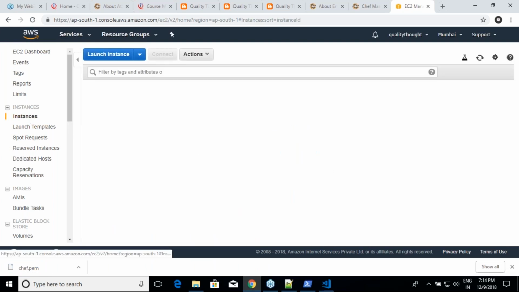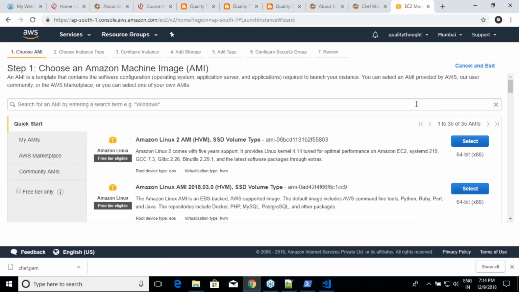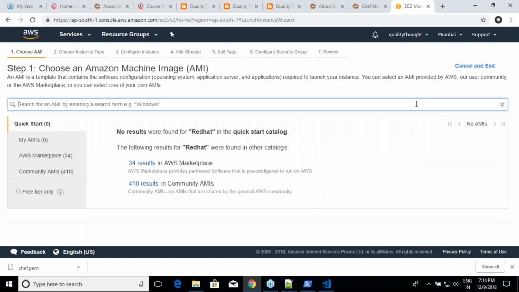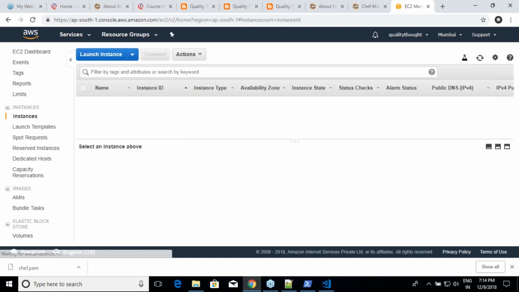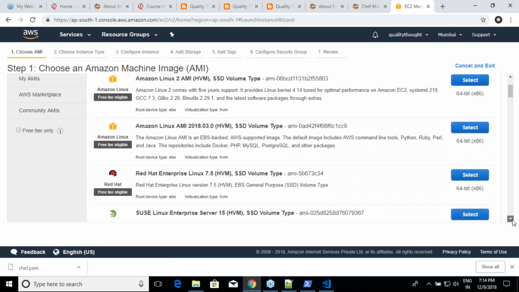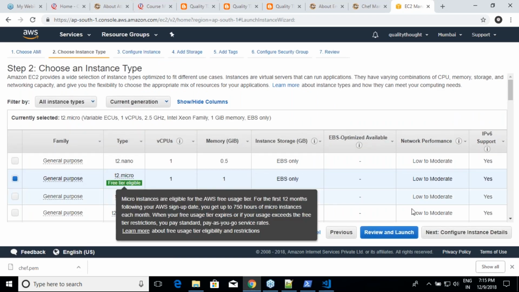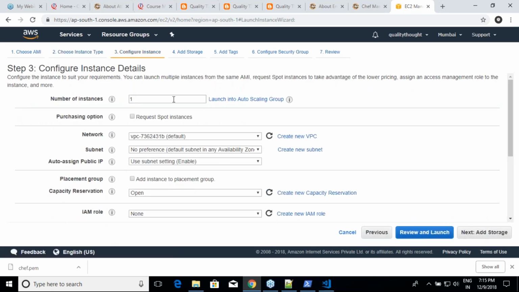So launch instance. Better search it over here. Red Hat 7. Okay. And then I'll use T2 micro and I will tell that I'm interested in 2 machines.